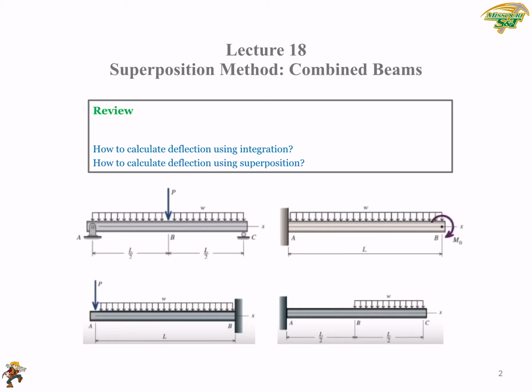I may give you a couple of homework problems or exercises so you know how to use this method to calculate deflection. This will help you understand the mechanisms of these equations and how they were derived. But simpler, you can use the superposition method